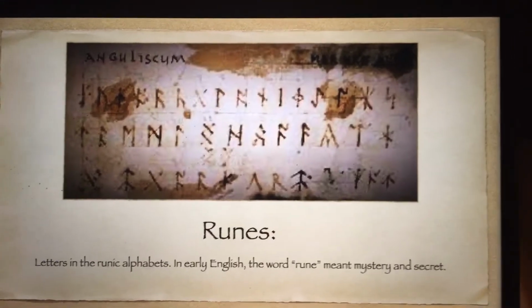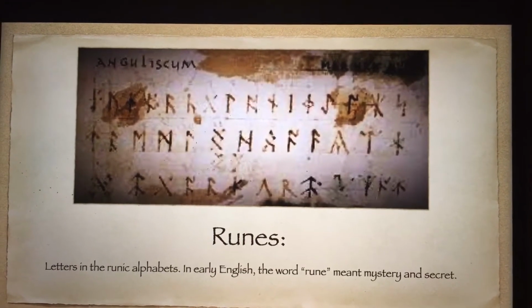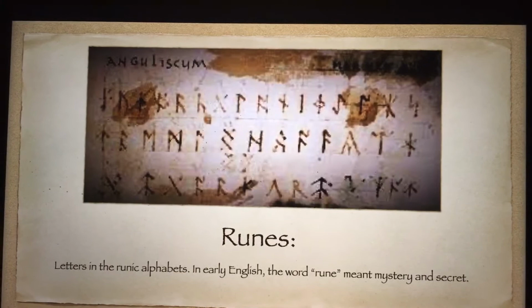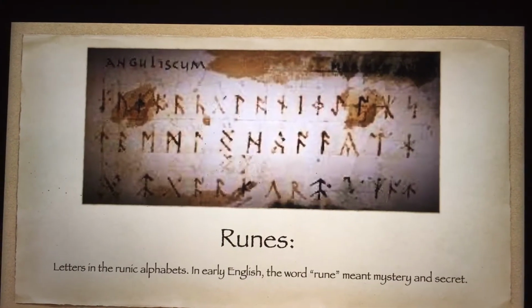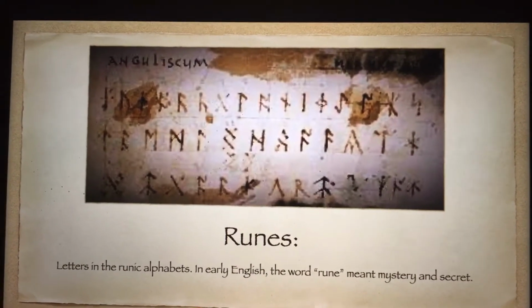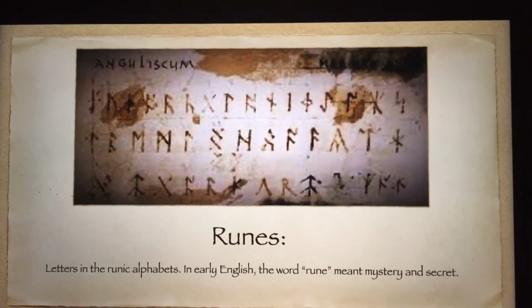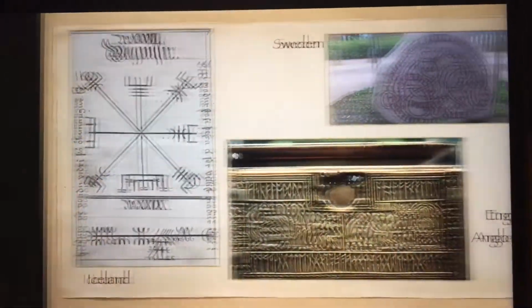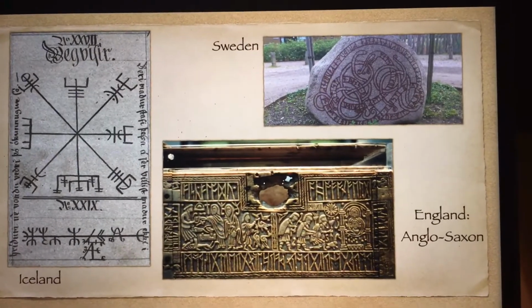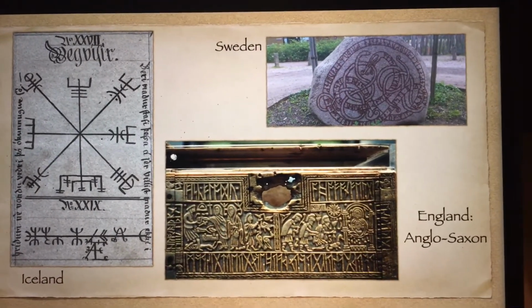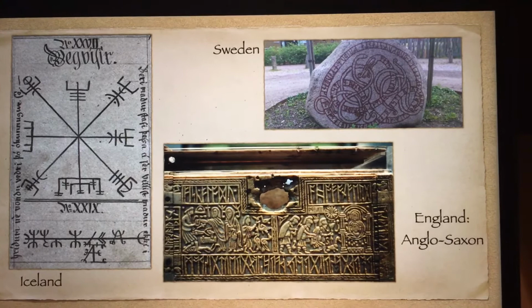What is interesting about the runes is that each rune represents a phoneme and had a name that associated the rune mostly after things that started with that sound. And when reading the runes, you can read them left or right depending on the direction it is facing. We can find evidence of these runes from not only Iceland, Sweden, and England, as shown, but even from Greenland